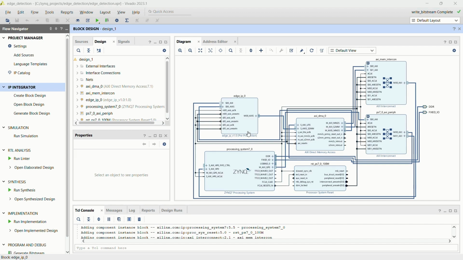Then, after synchronizing this block diagram, we will run the bitstream generation. After that, there will be run synthesis and run implementation, and then it generates the bitstream. After generating the bitstream, we will export the hardware, including the bitstream. We need to create a wrapper, and this wrapper will be used in the Vitis